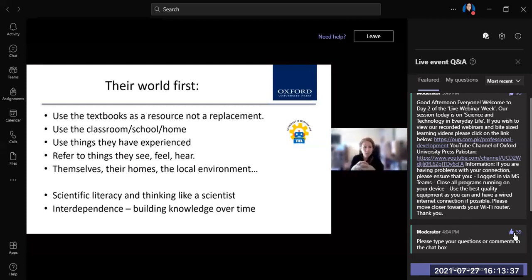So use the textbooks as a resource, not a replacement for you. They are a tool that you should be using and that should be dipped into, but it should be about the relationship between you and the students and the world that they know. Use the classroom, use the school, use their homes, and I've got lots of suggestions coming up for that. If we want them to think about technology in everyday life, we have to make their everyday lives relevant when they're in the classroom, and we need to make them think scientifically when they're outside the classroom, around the school